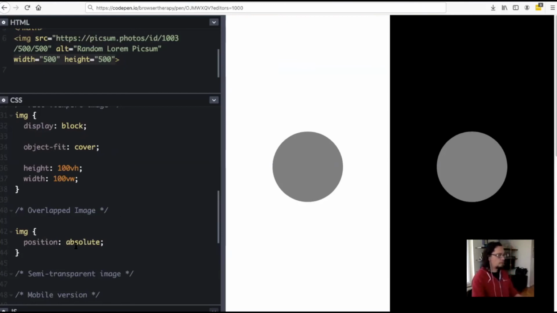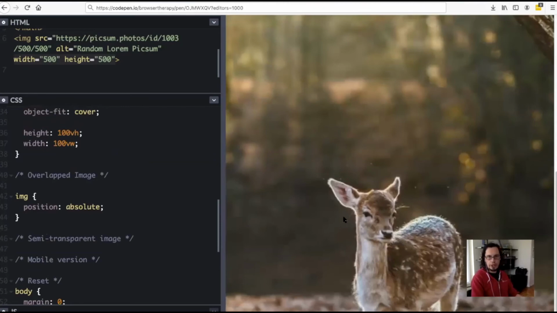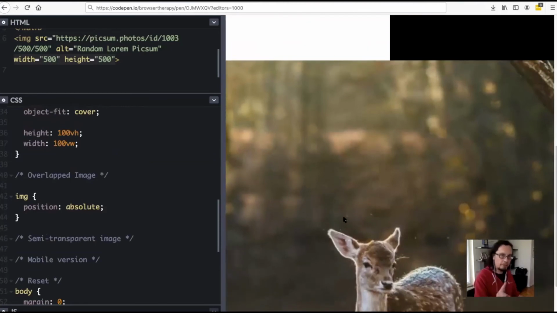So once we put this down, nothing seems to really change. But what it's done is the browser has pulled that image out of the document flow and then placed it exactly where it was, which doesn't seem like a big change, but it is a big change